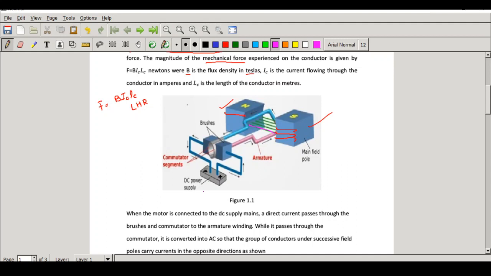Now here the difference is when you compare it to the DC generator, here you are providing a supply to the motor, right? So current will start flowing from here. If you see here, current starts flowing from the input side, then it will enter into the brushes. From the brushes, it will go to the commutator segment. This is the commutator segment. And from there, it will move to the conductor. Like that it will flow, and then again it will flow to the commutator, then again through the brushes, and like this it will complete the circuit.